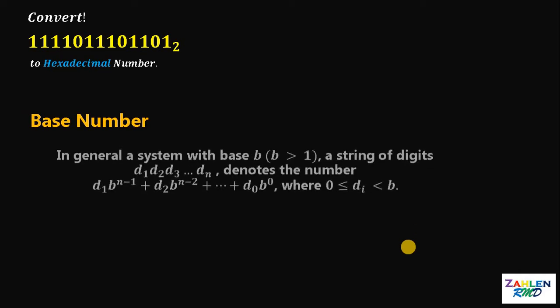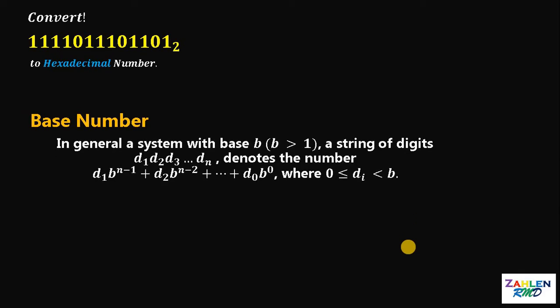In general, for a system with base b that is greater than 1, a string of digits d sub n, up to d sub 2, d sub 1, d sub 0 denotes the number d sub n times b raised to n minus 1, plus d sub n minus 1 times b raised to n minus 2, plus all the way up to d sub 0 times b raised to 0, wherein d sub i is greater than or equal to 0 but